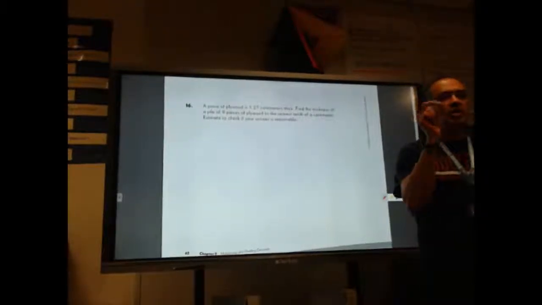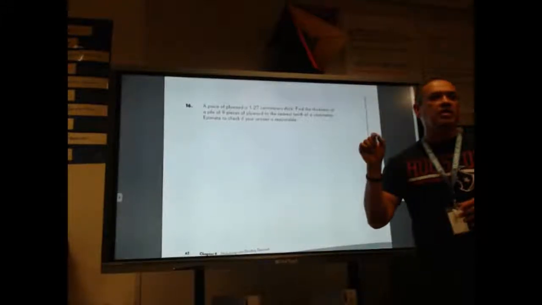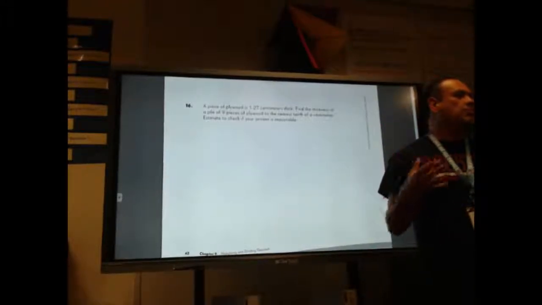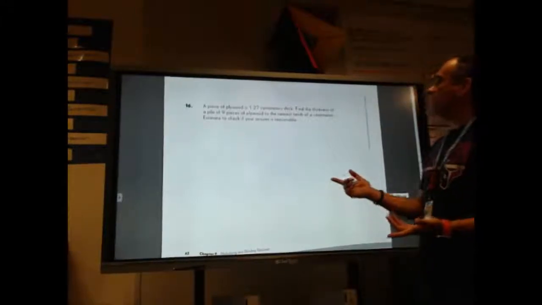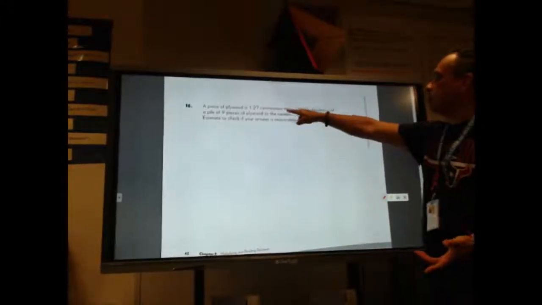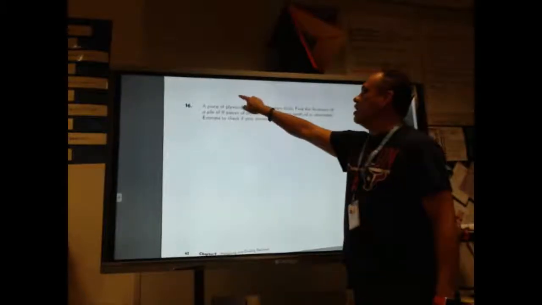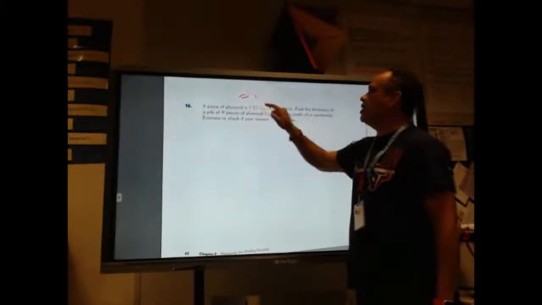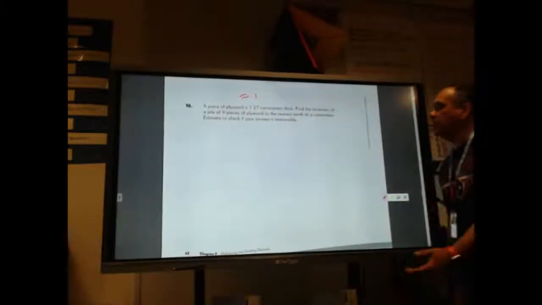I always like to estimate first because that way I have an idea of what my answer would be, right? That's the problem with decimals, that you put the decimal point in the wrong place and you're going to have either a really small number or a really big number. Okay, so if I say that 127 rounded to about 1 centimeter, then